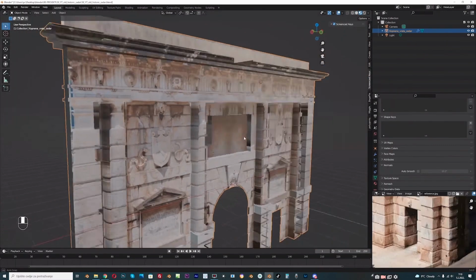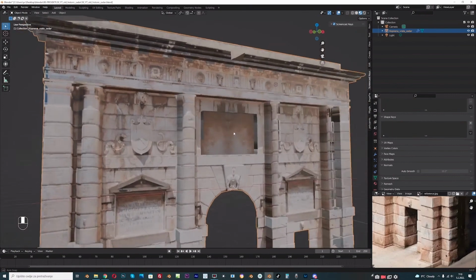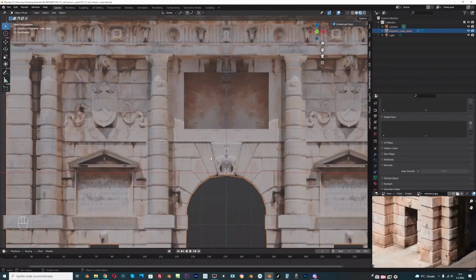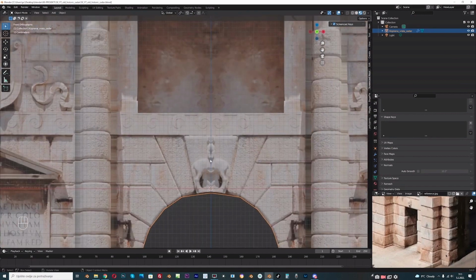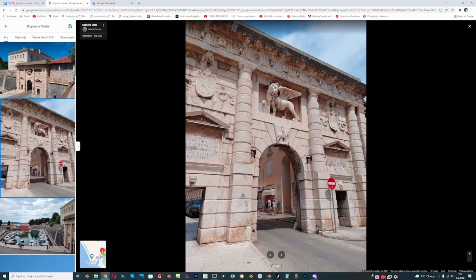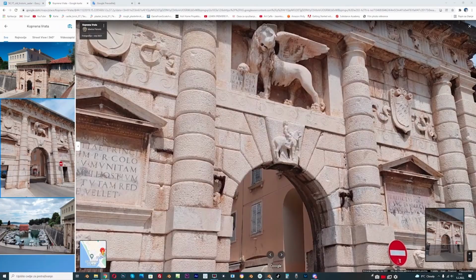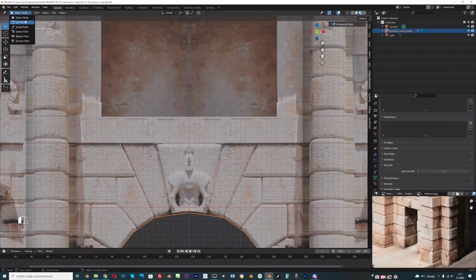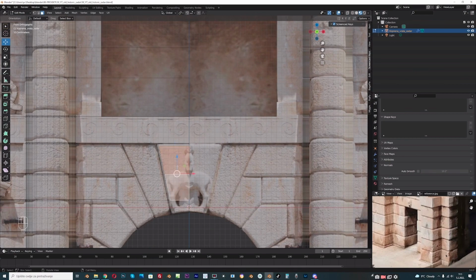And now we have a place for lion. And the next thing is this guy with horse here. So I will just remove them in UV editor